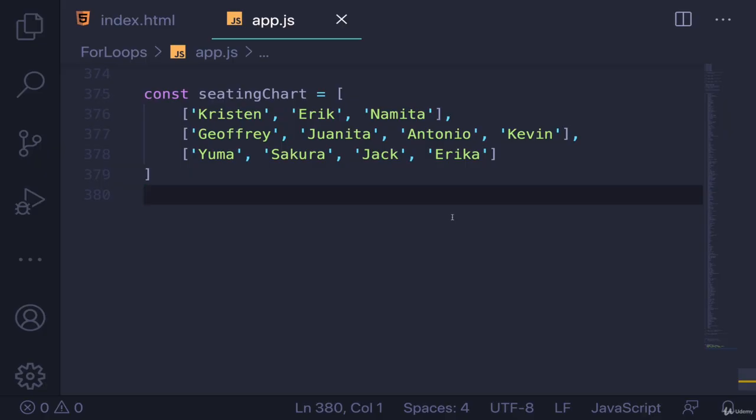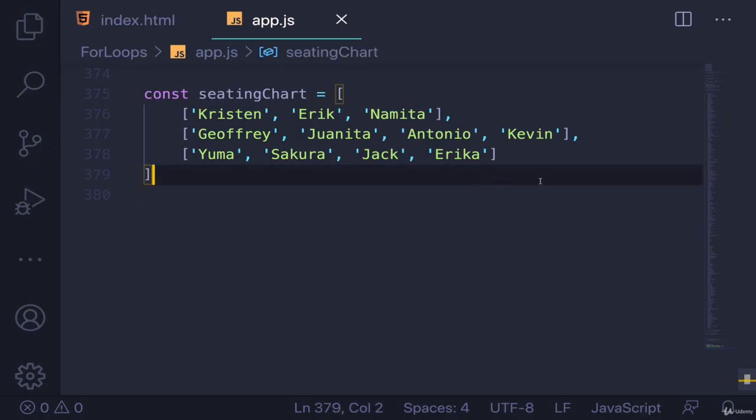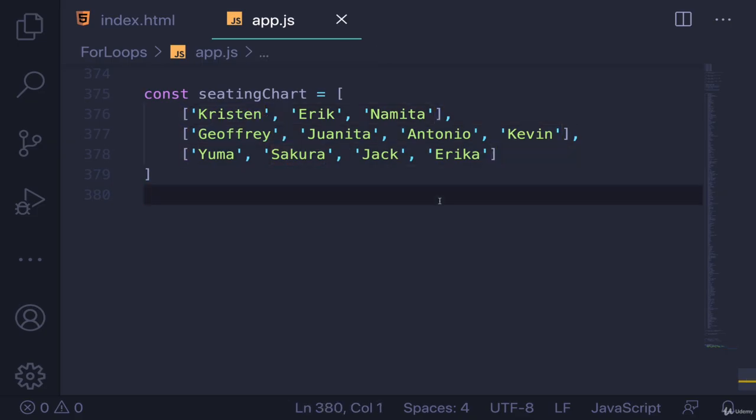One common area where nested loops come up is when we need to traverse or iterate across nested arrays. So I've got an example here. I'm calling it seatingChart, this variable. It's an array full of 3 subarrays. And it's supposed to represent